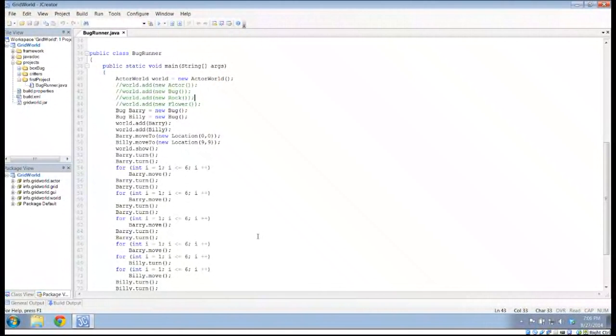The other thing that I'd like to talk about is these move methods that we've written. I mean, we're telling Barry to move 6 steps. We're telling Barry to move 6 steps. We're telling Billy to move 6 steps. So we have a lot of situations where we're kind of telling a particular bug to step forward a particular number of times,